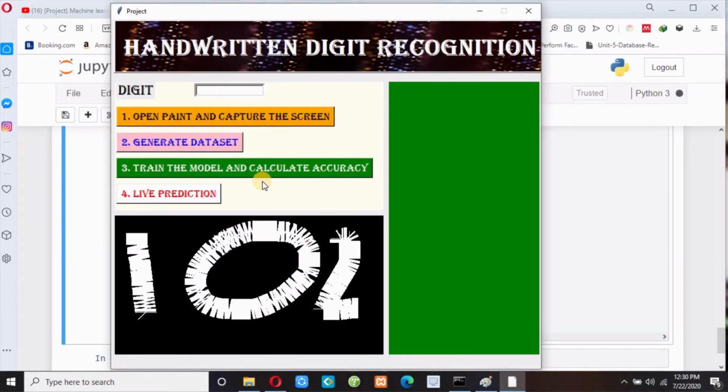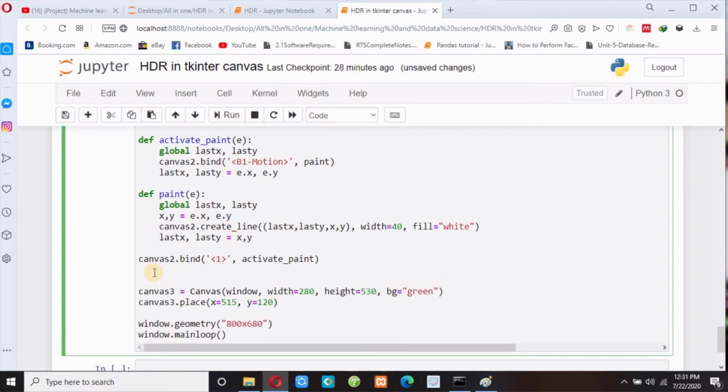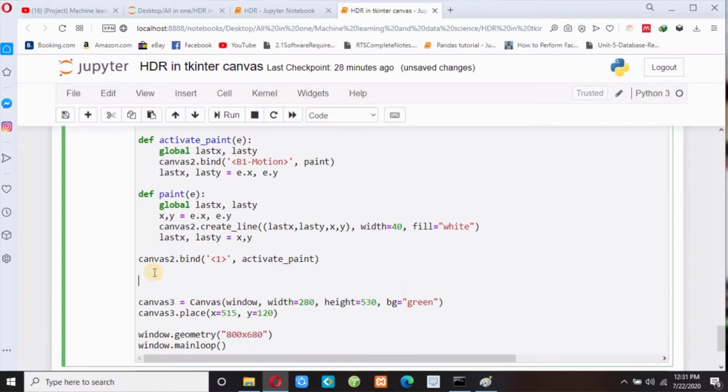But guys, I have to make one button here, a clear button. So if I press clear, then my screen will get cleared. So let me close this, and I have to draw one function in Canvas 2. So here I have to make one button, btn.